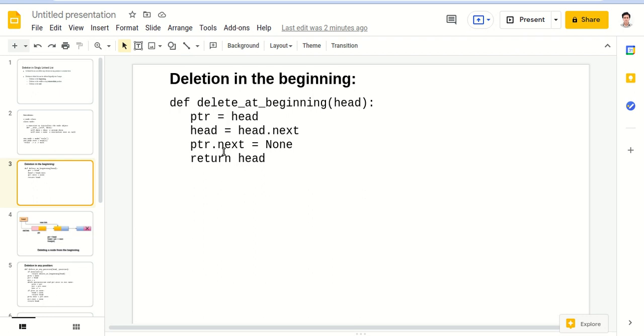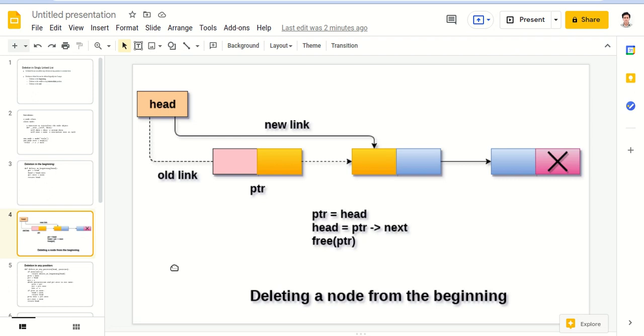Even if there is only a single node in this linked list, this will still hold true. If only a single node is there, then null will be returned by this function. Let's see the diagrammatic representation of this. Suppose there are three nodes. The old link was pointing to this node. Now we create ptr pointing to this node, and head is pointed to head dot next, and then we free ptr.